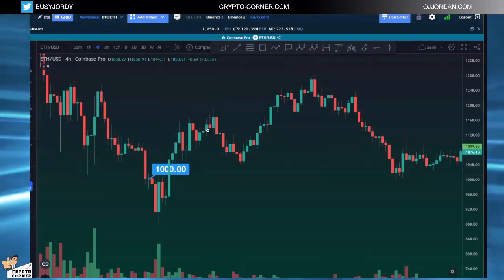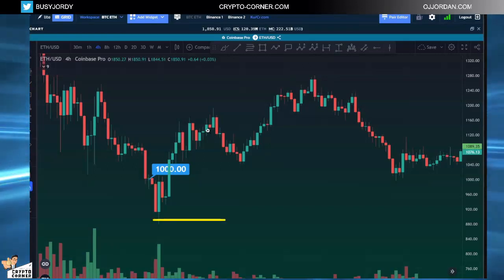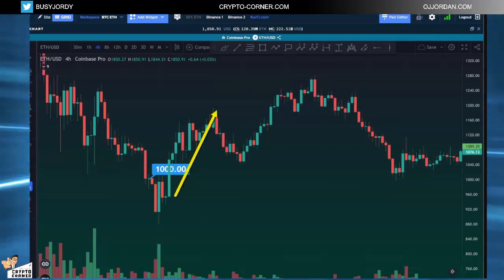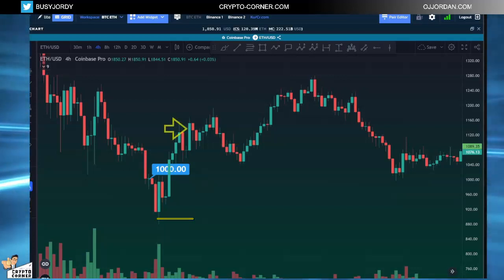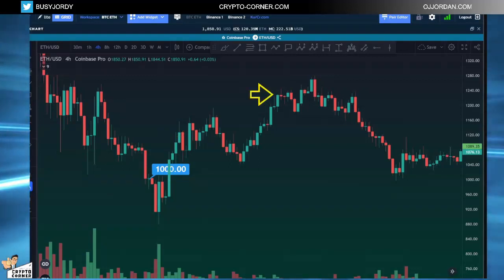So let's talk numbers. Let's say you bought Ether at $1,000 and set a trailing stop loss order with a trailing stop distance of 10%. This means that your stop loss level will be adjusted to 10% below the highest price that this token reaches after you buy it. Your stop loss being 10% is originally sitting at $900. If the price moves up to 1,100, your stop loss level will be adjusted to 990, which is 1,100 minus 10%. If the price continues to rise and reaches 1,200, your stop loss level will be adjusted to 1080, which